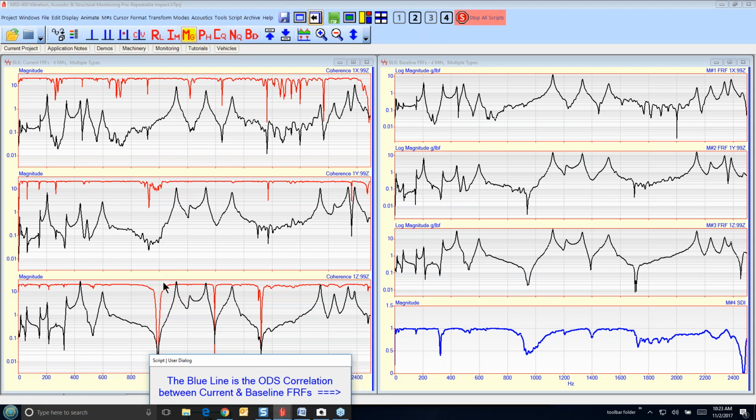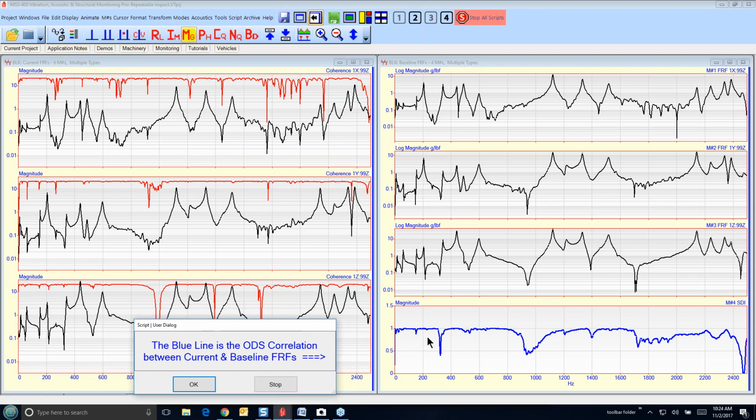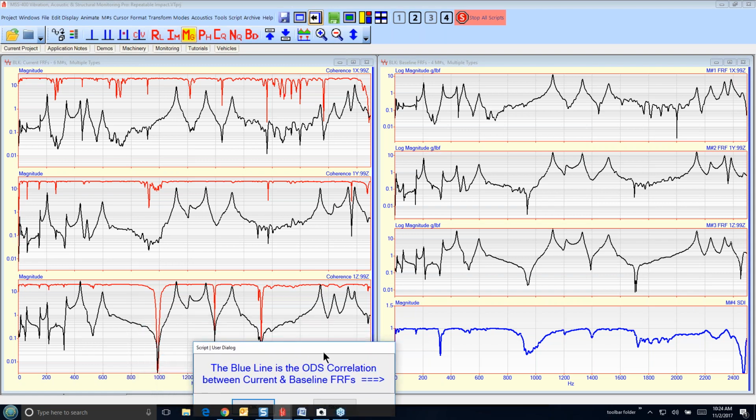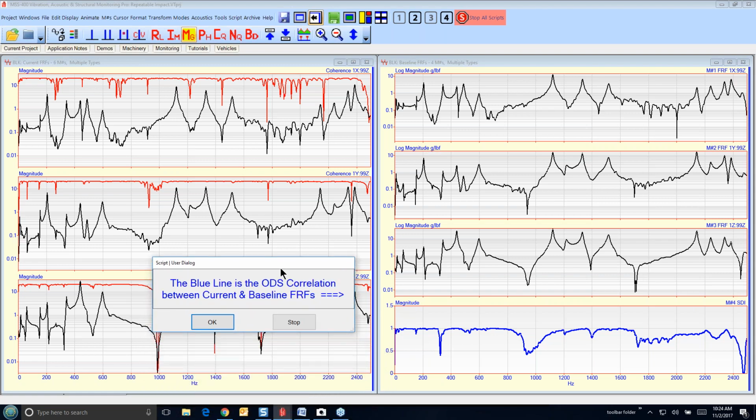So this is X, Y, and Z of the accelerometer. And so it all makes sense that when the ODS correlation drops below 1 and the coherence also drops below 1, then we just don't have a very strong signal at that frequency. Okay, well that is pretty much what I wanted to show you